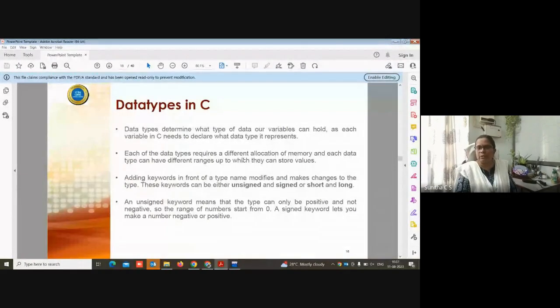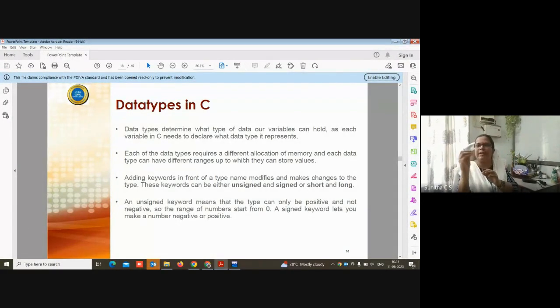Because in order to execute the program, you require the program in the memory. So when you want to save some 20 or 50 in a variable, those values are also stored in the memory. So when you declare a variable, some memory is allocated for that variable. That memory is decided by the data type of the variable.